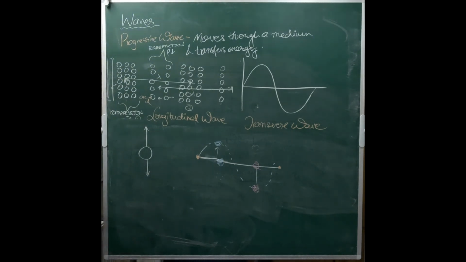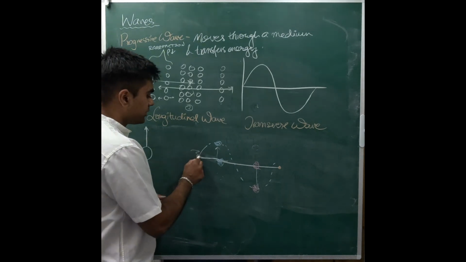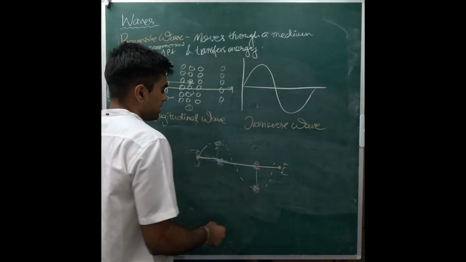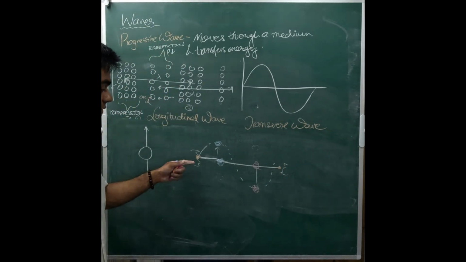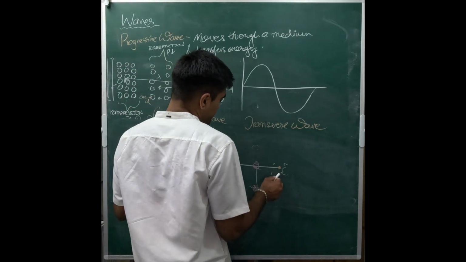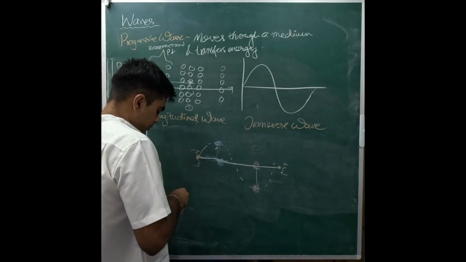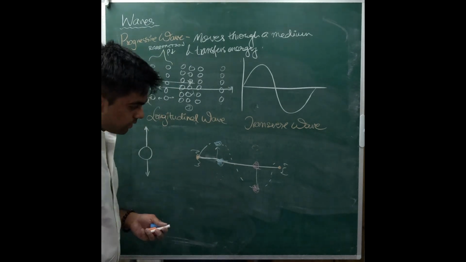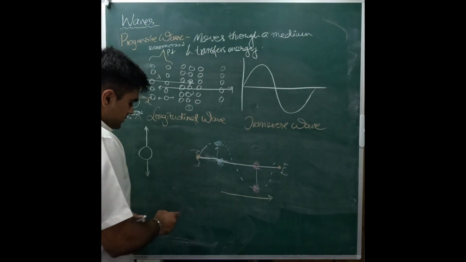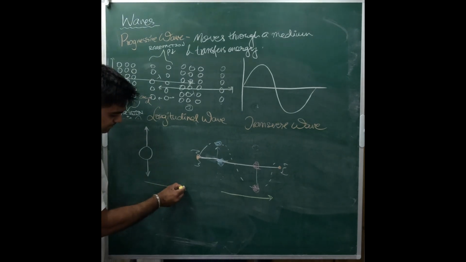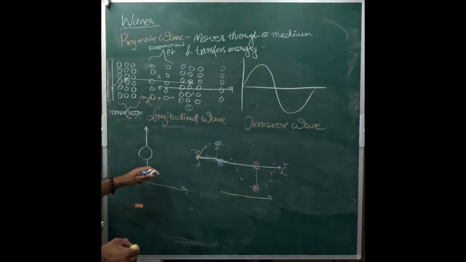What about the energy transfer? Well, we talked about the example of the string at the start too, where I'm holding the string here and my friend is holding the string here. And we realized that the energy is being transferred along the string into my friend's hand. In other words, the energy transfer is to the right. So we've got energy transfer like this. Now what you see forming is essentially a right angle here, right? That's a right angle between the oscillation of our particles or our matter and the direction of energy transfer.